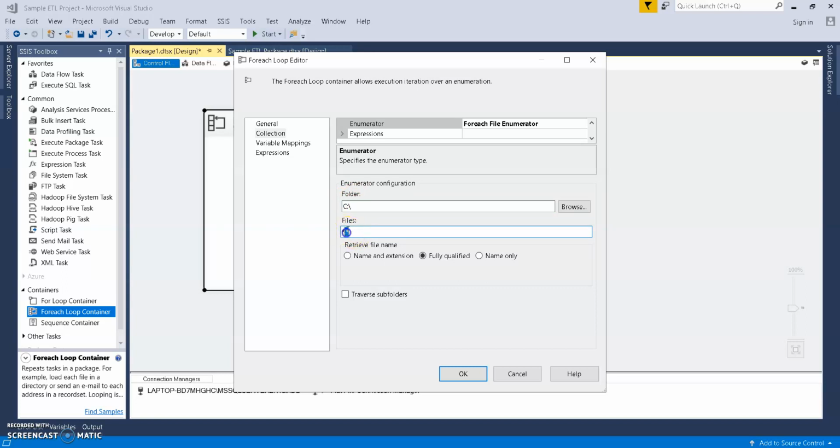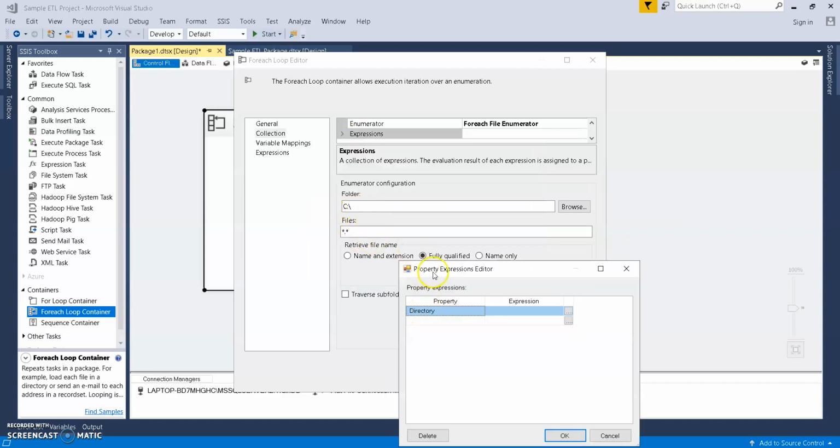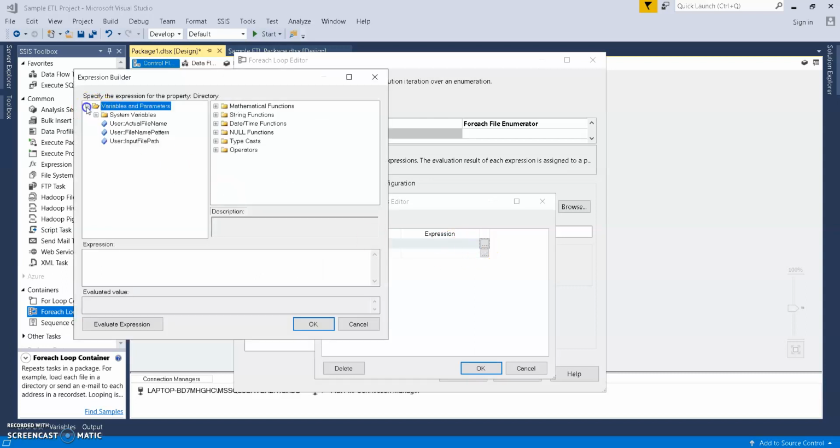the file name pattern. I already stored the values for the folder path and the file name pattern in a variable, so for these two properties I created an expression. In the expression, click on the three dots, and in property we have a directory property. Directory property is the folder path. So in the expression, I choose the variable input file path,